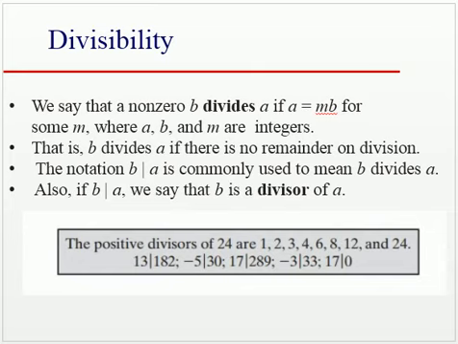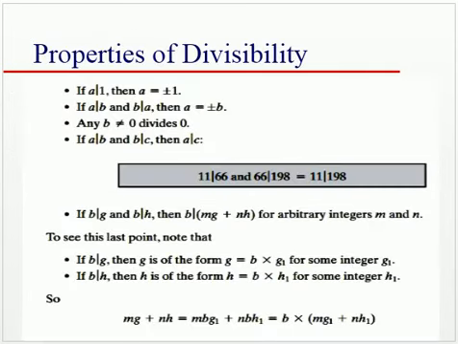Now if we take another example, that is 2 divides 15. In this case, we are not getting a remainder equal to 0. Actually, after division we get the answer 7.5, which is not an integer. So here we cannot say that 2 divides 15. Now let us see the properties of divisibility.